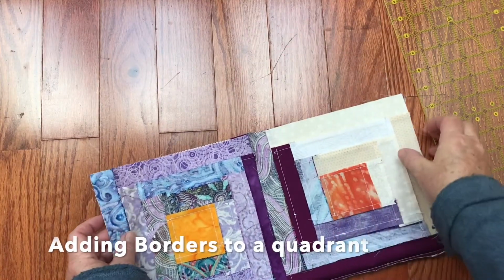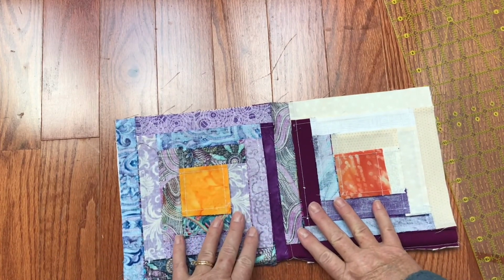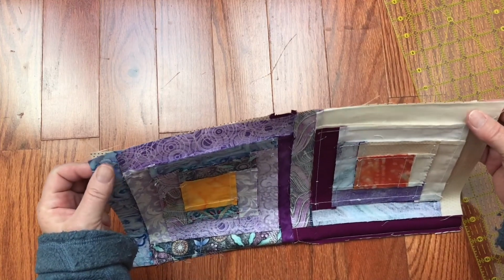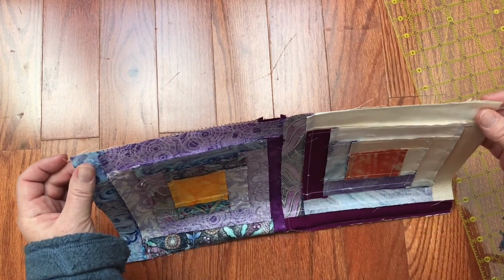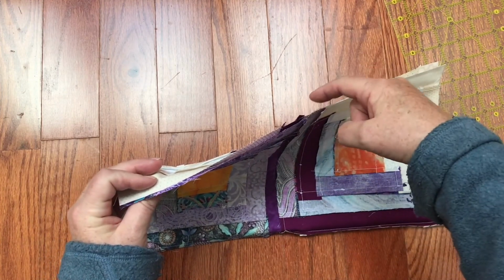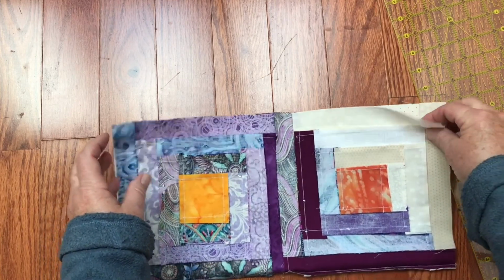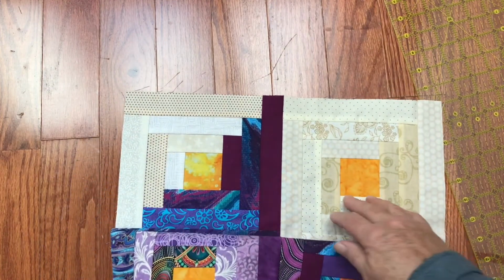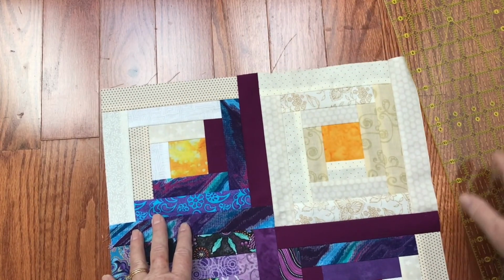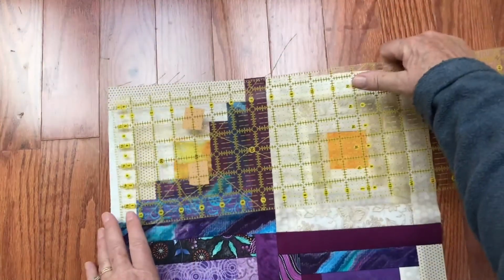The next thing that I'll do is I'll fold my 2 pieces that I've just joined exactly in half, and I'm going to look at this edge, and what I want to make sure of is that both sides, this side and this side, are exactly the same. And the reason I'm going to measure this is because my border will be coming along 2 sides. So I want this border,